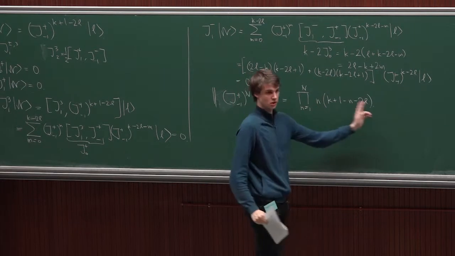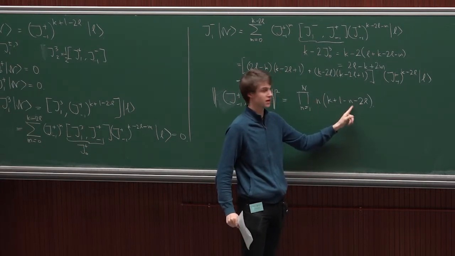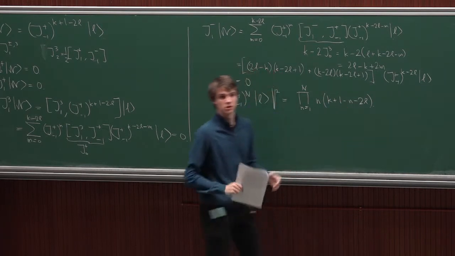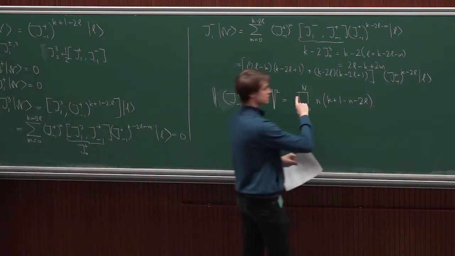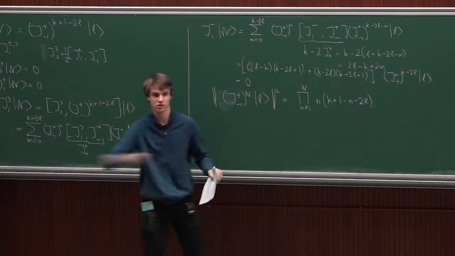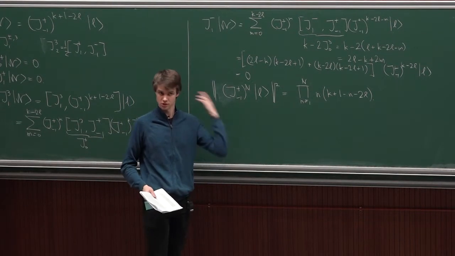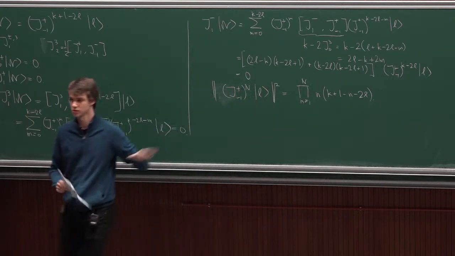But what if there's not a null vector? At some point, this product here will become negative, because the n becomes bigger, bigger, bigger. At some point, there will be a negative product here. So at some point, we would get a negative norm. The only thing which can save us is that at some point we have 0, and then we have 0 forever. So if you want a unitary representation of this algebra, the only chance for you is to put this null vector into it. You want it.